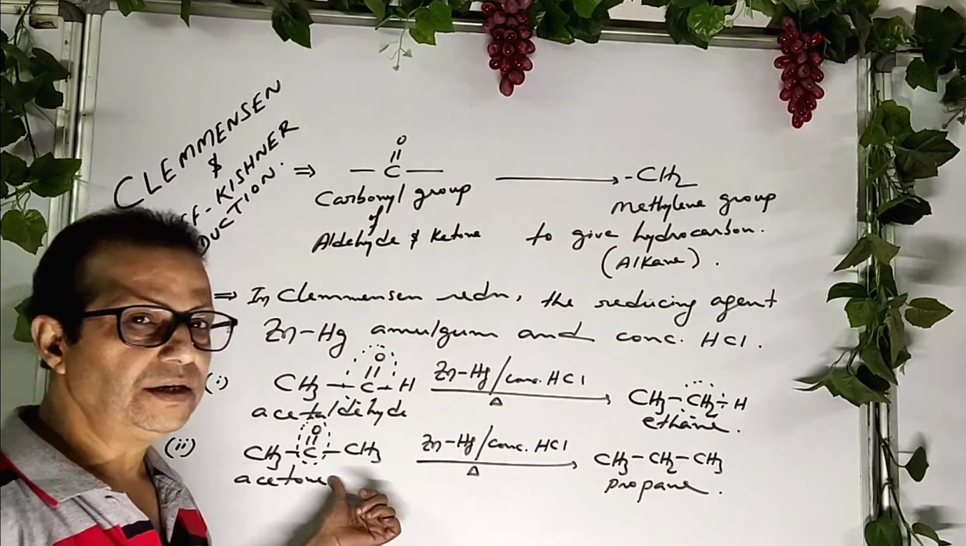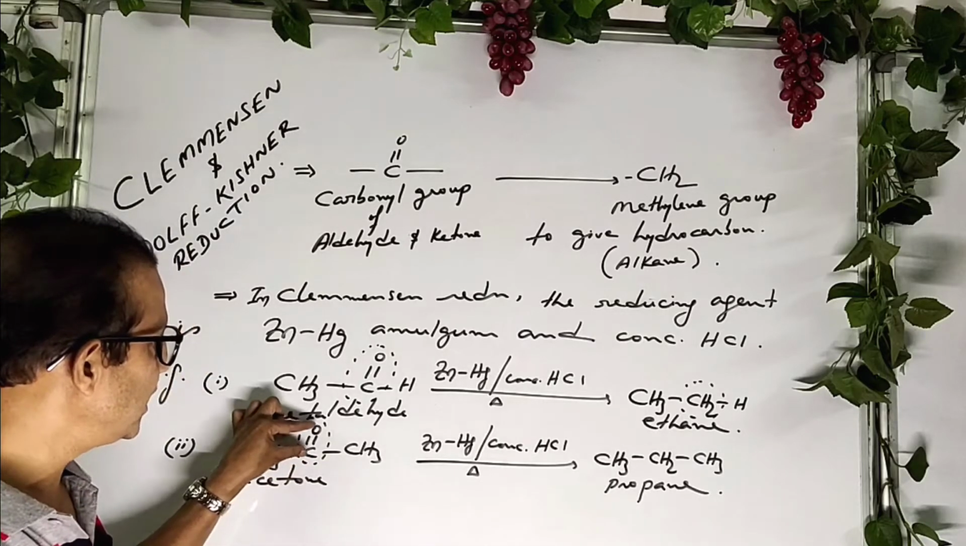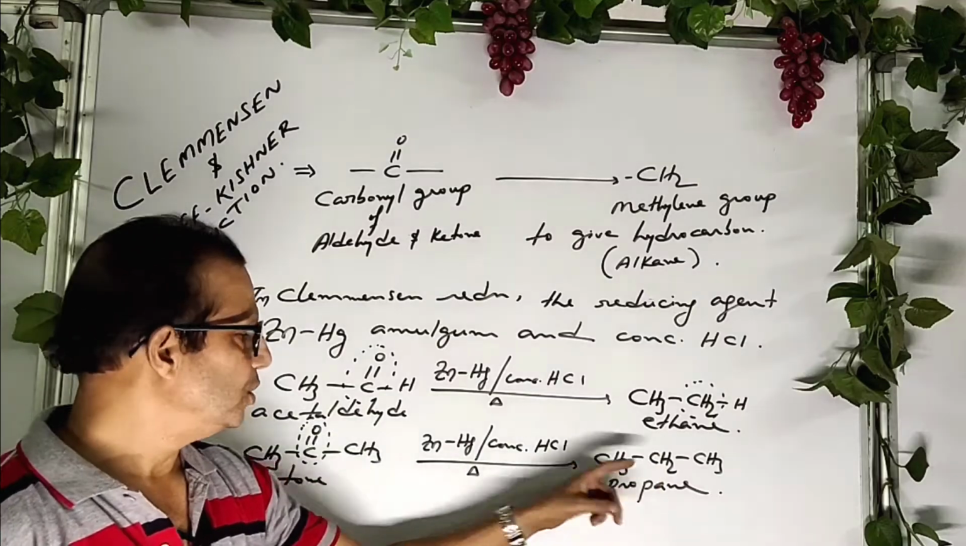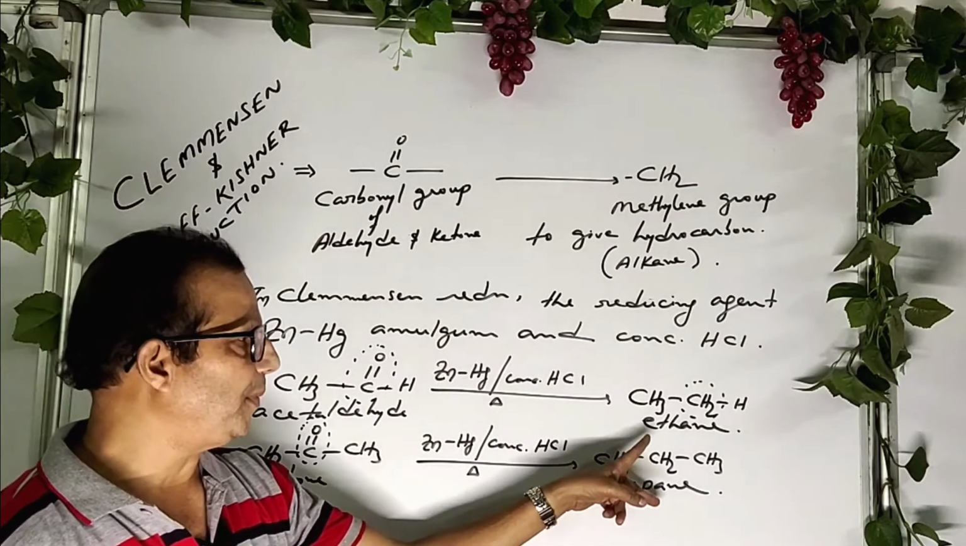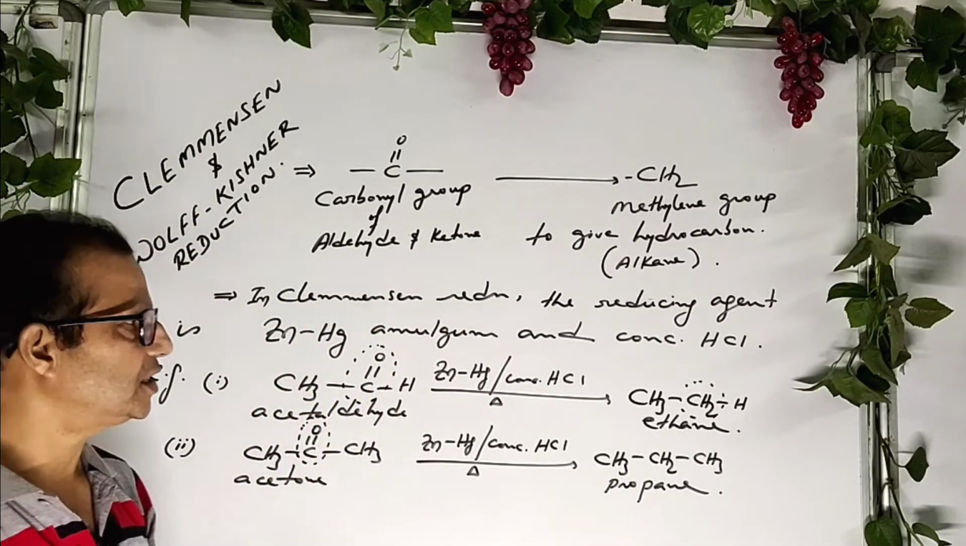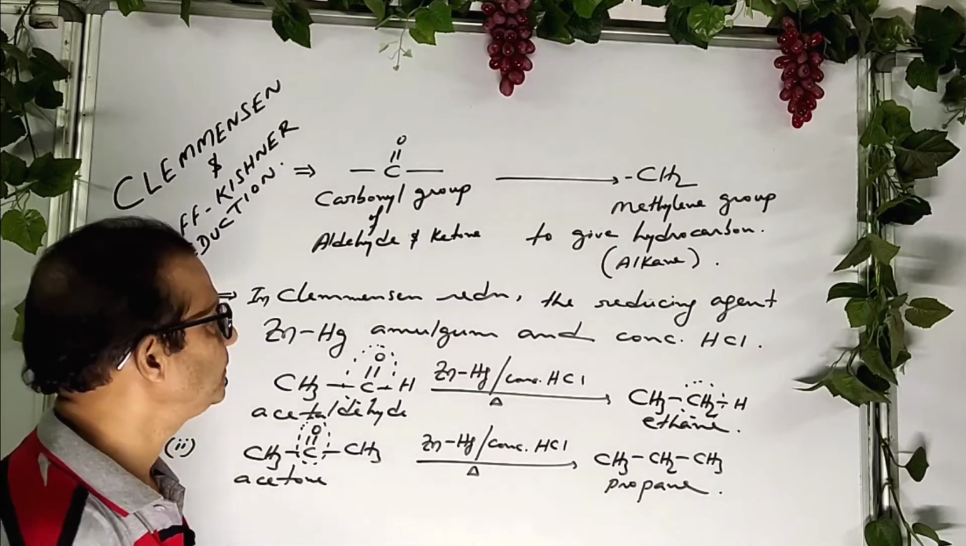If you consider the example of acetone, just change this keto group into CH2. So acetone will change into propane. So this is Clemmensen reduction. During Wolff-Kishner reduction,